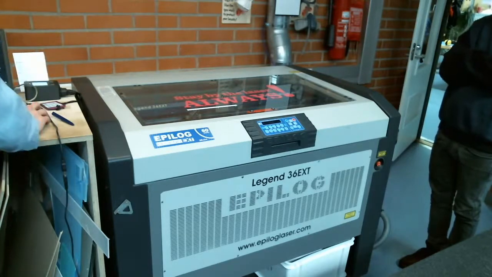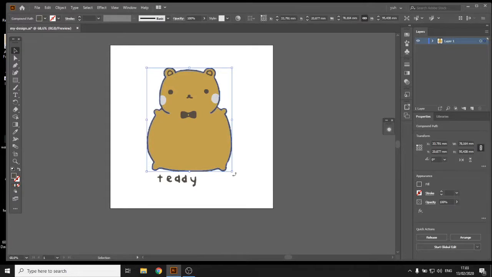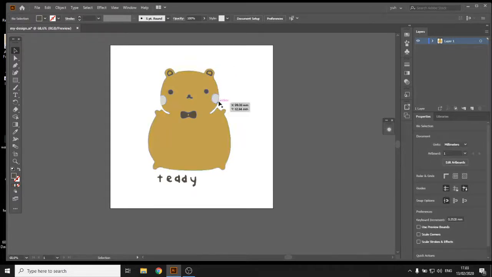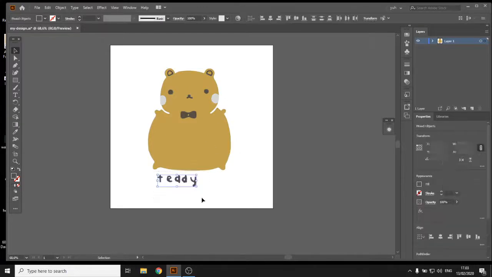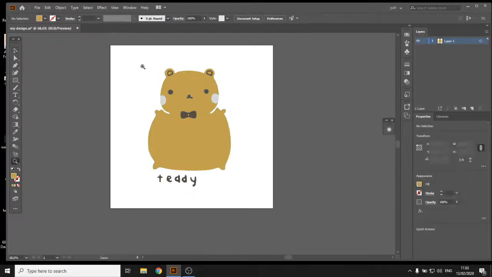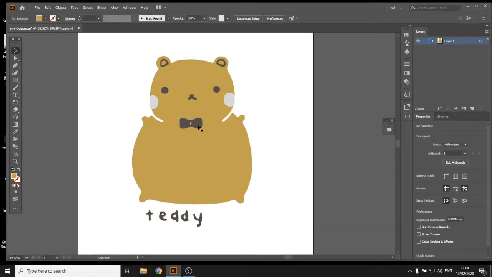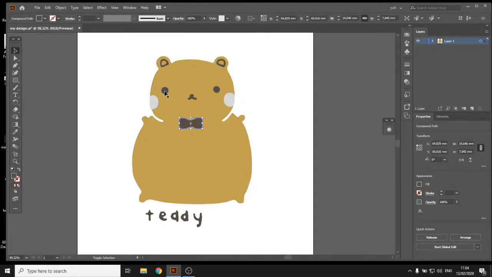Yeah, let's go back to Illustrator. So we have this one. I'm going to simplify it a little bit. I'm going to remove the outline, so which is more a shape. And then, yeah, I'm going to leave this one. So I will focus on engraving. So first, I'm going to engrave these black parts. So I'm going to set these darker parts to